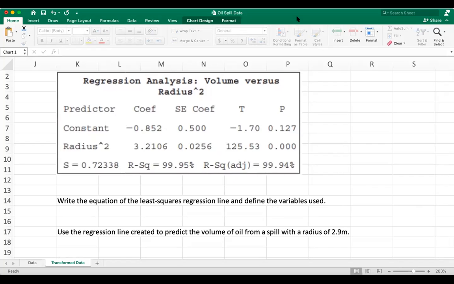So when your question asks you to define the variables used, instead of using y hat, you'll actually use the response variable. So we are trying to predict the volume of the oil spill. So for our least squares regression line, it's going to look like this. The predicted volume is equal to... it's really just following the same format as our simple linear regression for relationships that were already linear. I've got this y-intercept, negative 0.852,